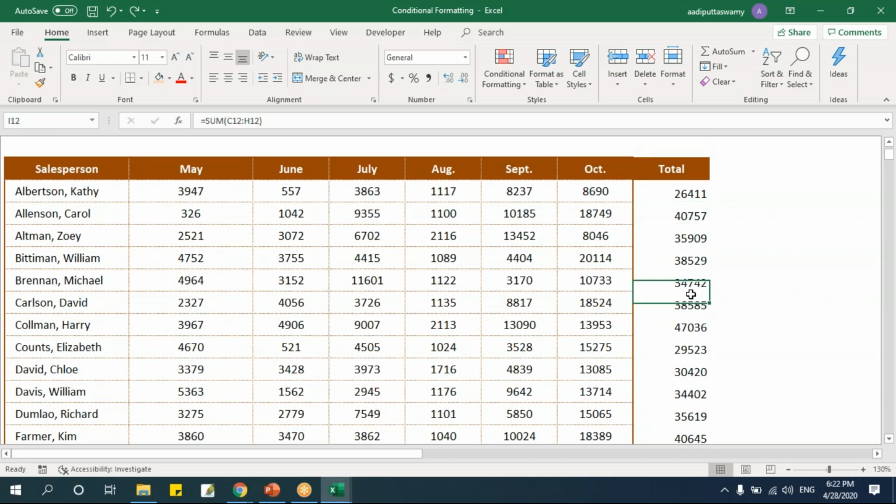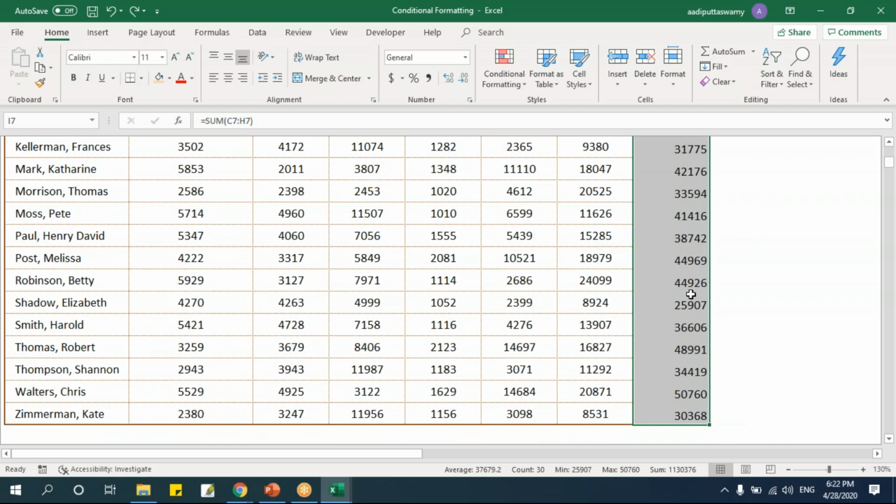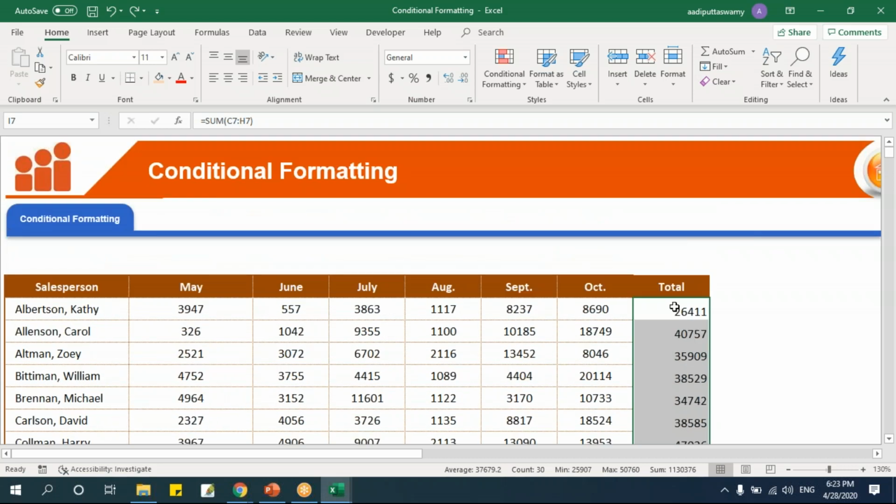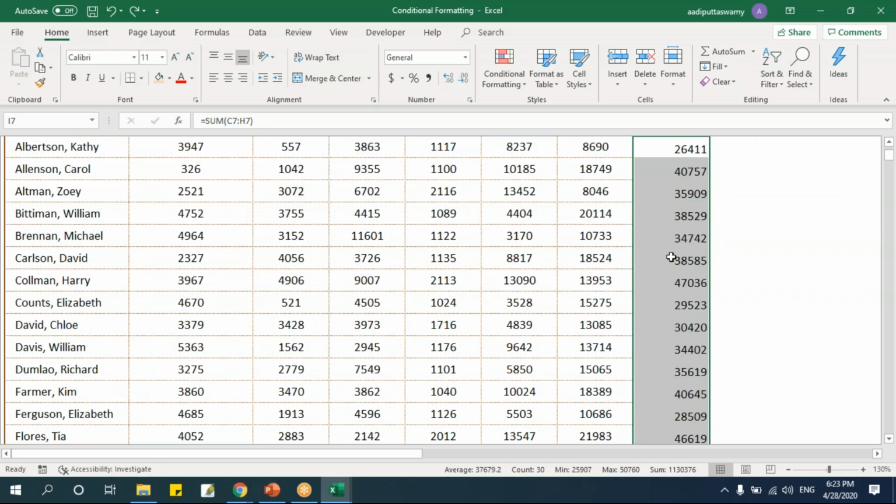But if I have 2 or 3 numbers or 10 numbers, I can do that. What if I have more than 1,000, say 10,000 numbers? In that case, what I'll do is I'll go here, select the cell. Then in this home tab, I have conditional formatting. Conditional formatting means formatting your cell based on a condition. Like we have these formulas, say conditional formulas, if condition. Similarly here, if the condition is true, then the formatting will happen.